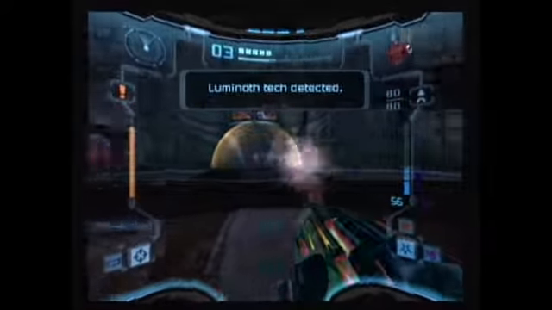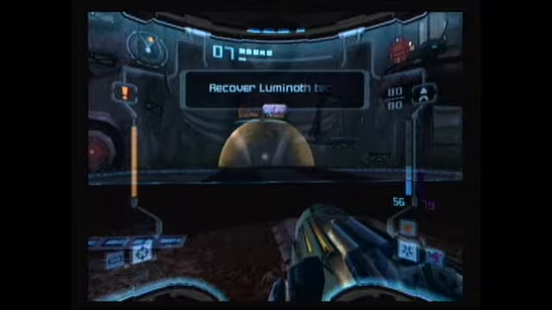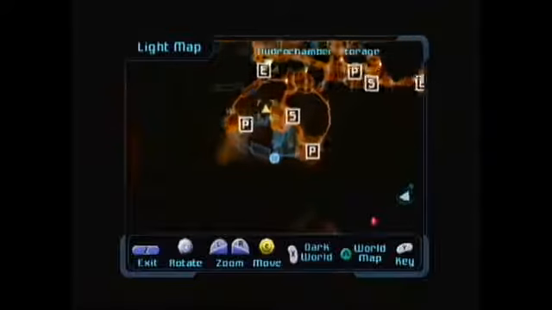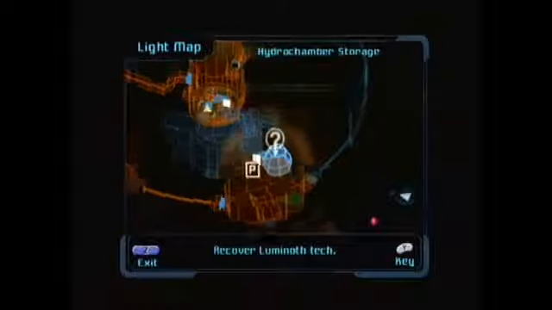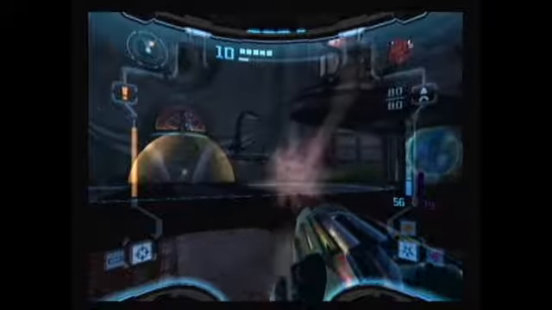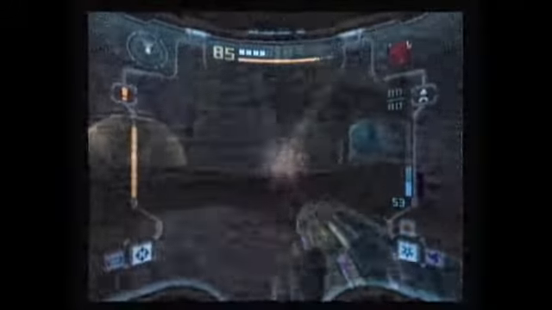Luminoth tech detected. Yes, this is giving us our warning about the thing in the bottom of this area. Oh yeah, we're in the Dark World, so it has to switch maps. Hydro Chamber Storage. Recover Luminoth tech. Very vague about what said tech is. What time is it? 5:10. Shut up, you stupid...